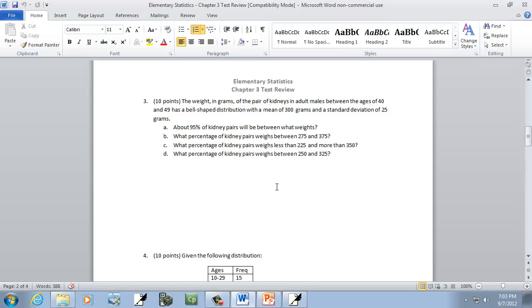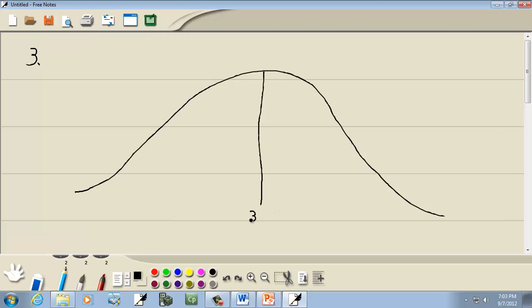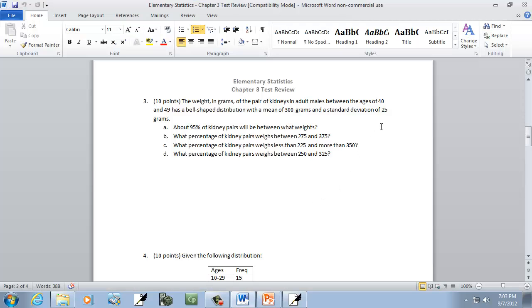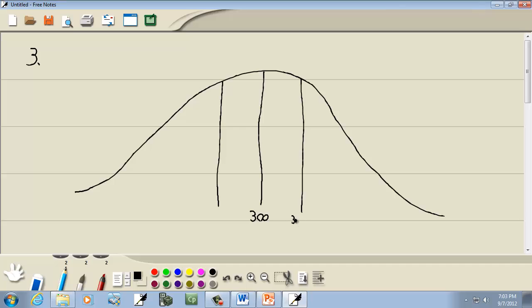Now right here in the middle is our mean, and they tell us the mean is 300. Then going one on this side and one on this side, we're going to add the standard deviation. So our standard deviation is 25. So 300 plus 25 gives us 325. Now over here we'll subtract 25. So again, we're going to add 25 here, we'll subtract 25 there, and that gives us